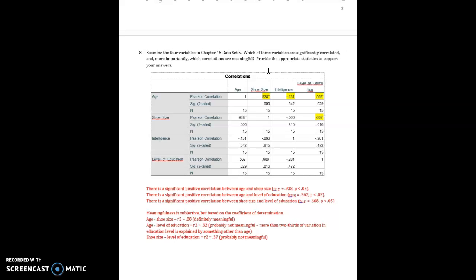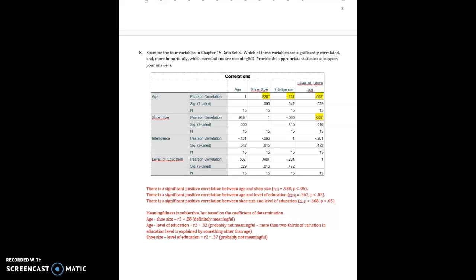So remember, the output is set up essentially as a matrix. This value here is the R value for the correlation between age and shoe size. We see that the p-value for this one is less than 0.05, so we conclude that there is a significant positive correlation between age and shoe size, with our R value being listed here. And again, remember that our